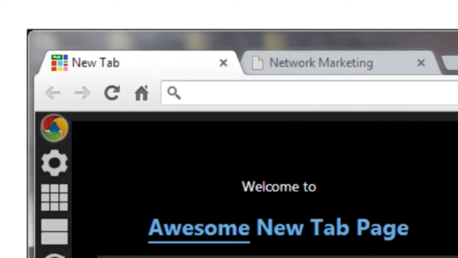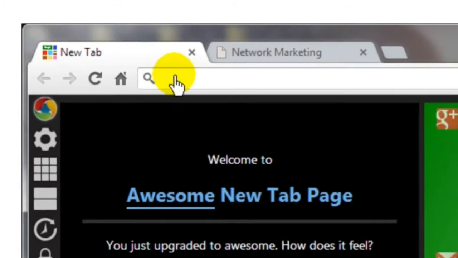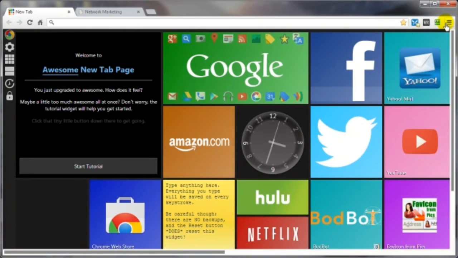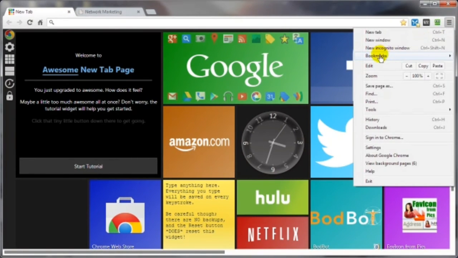This is the Chrome browser, by the way, and it's a little bit different in different browsers, but tabs or windows, there's going to be a little icon up here, and in the browser bar here, there's going to be a little icon, and if we open up the bookmark section here,